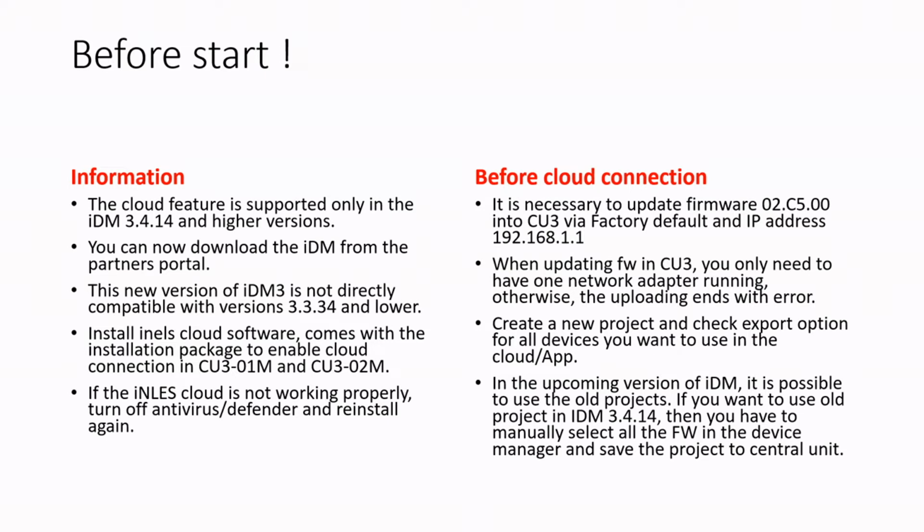Before setting up the cloud connection in the CU, it is necessary to update the firmware in the CU to 02.C5. You have to do it via factory default. So press and hold the 3 button while the CU turns on. The default IP will be 192.168.1.1. When updating the firmware in CU3, you need to have only one network adapter running, otherwise the upload ends with an error. So turn off the Wi-Fi and connect the CU directly to the laptop via Ethernet cable,